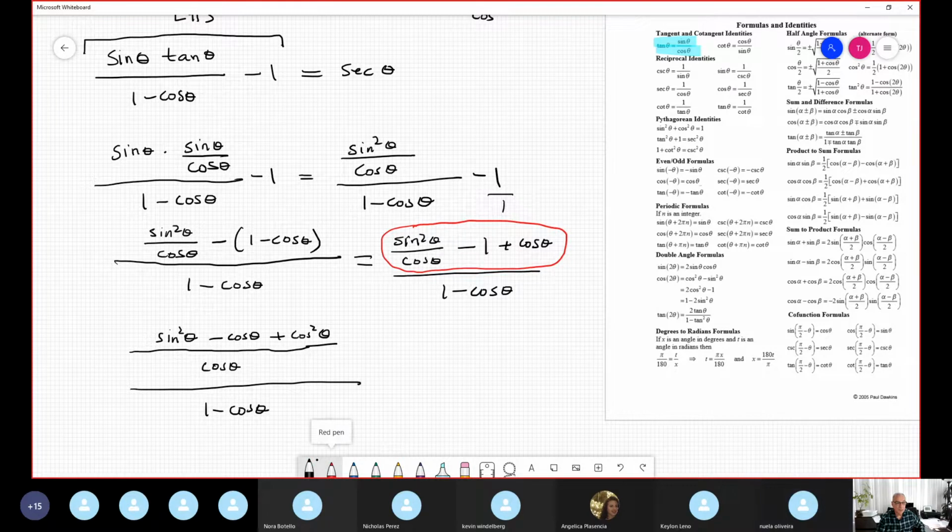It does. Now, wow, look at that. Immediately I see this idea. Sine square plus cosine square 1. One more time, we're using this famous identity. And you replace. Entonces, in the top, we have 1 minus cosine theta divided by cosine theta. And the bottom, we have 1 minus cosine theta. Do you see that?